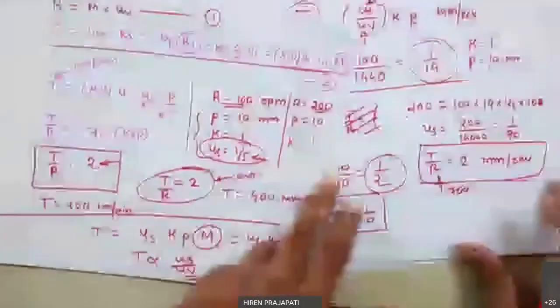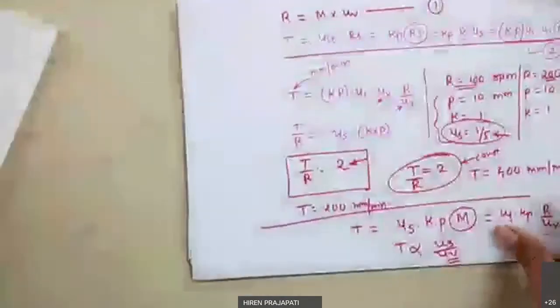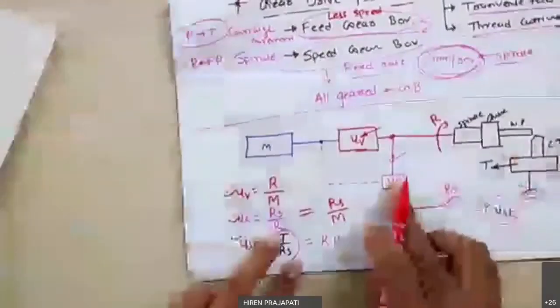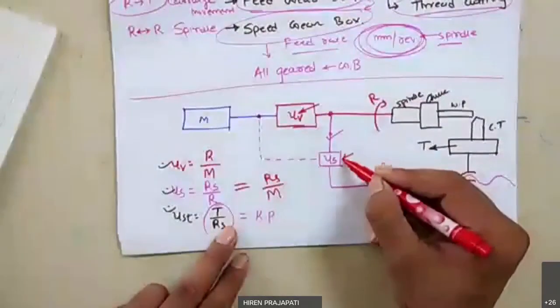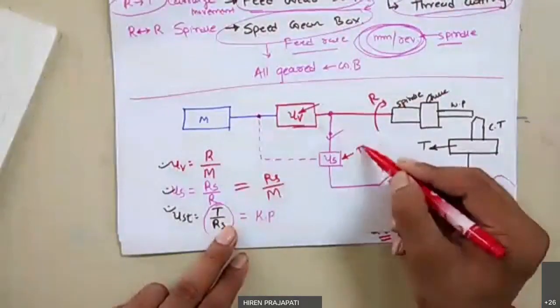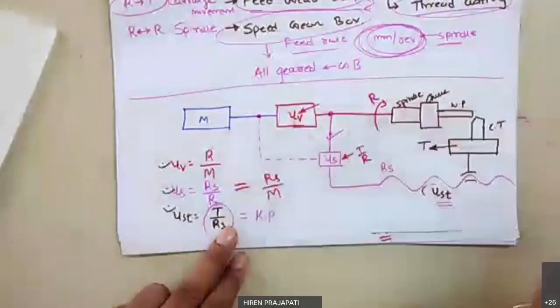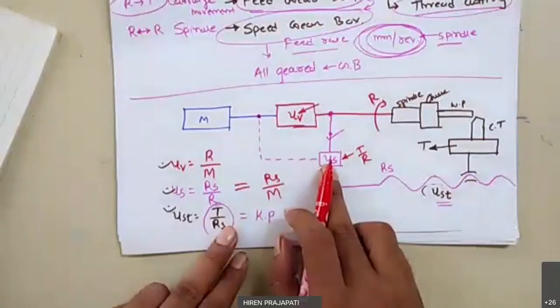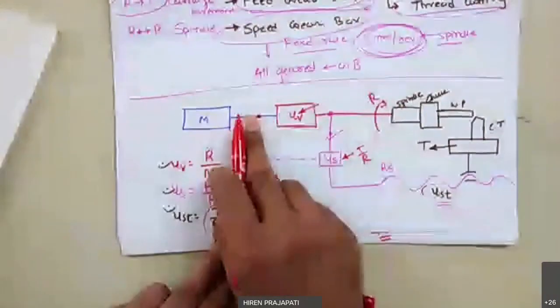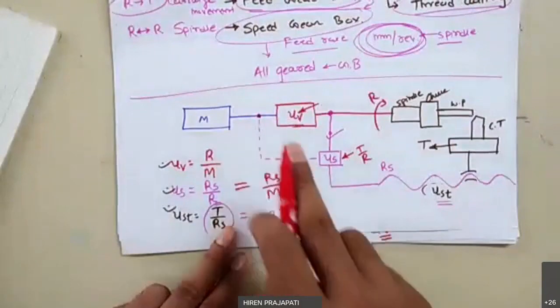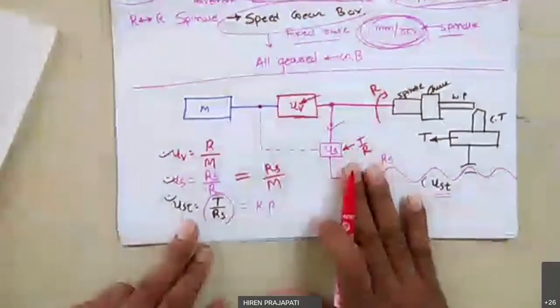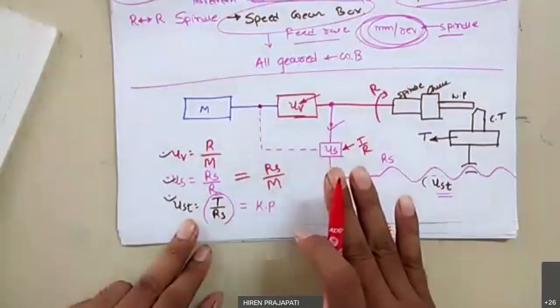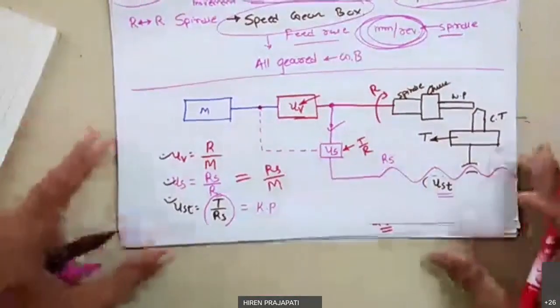So what is the effect of this? Let me conclude. If you attach the feed box after the speed box, then once you set some value of US, the T by R ratio remains constant, whatever the UV value, right? But if you connect this US prior to UV, then as your UV changes, you need to again set US to maintain the T by R ratio constant. So that is the effect of the location of this feed box. I hope it is clear.